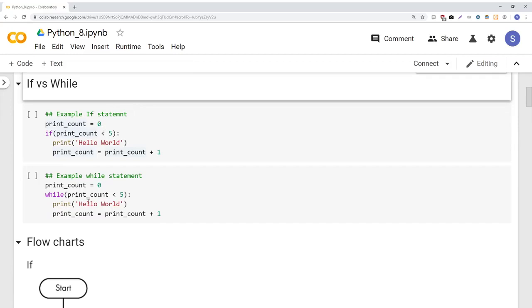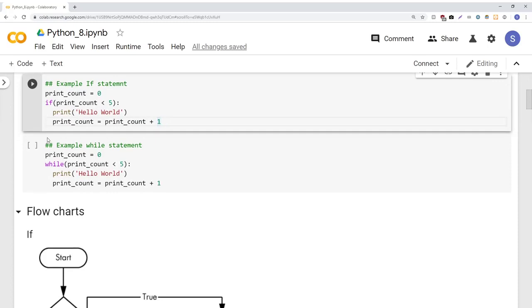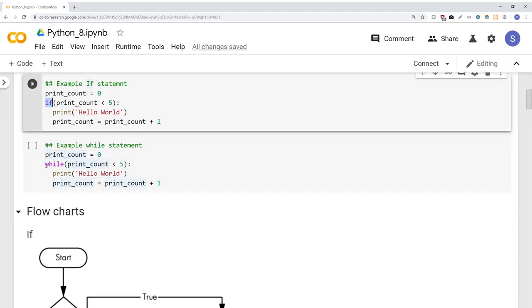So now let us look at an example differentiating between if and while. Consider this program where we start with the variable print count. I have initially set it to the value 0. Here I am saying if print count is less than 5, print hello world, then increment print count by 1. Print count is print count plus 1. This is a simple program. Now here I have written the exact same program, only instead of writing if here, I have put a while